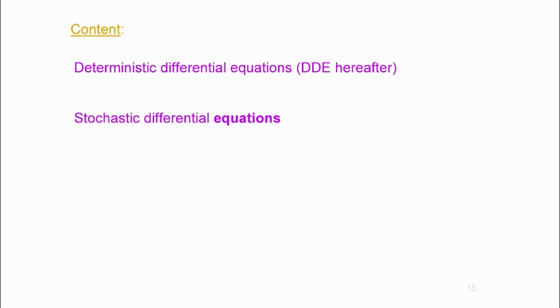Now, if I say stochastic differential equation, there is always going to be a stochastic process involved, which evolves around a certain Wiener process. So usually there is going to be a Wiener process there. And SDE is the abbreviation that I use hereafter. So if you see SDE, this means stochastic differential equation. And if you see DDE, it means the deterministic counterpart.